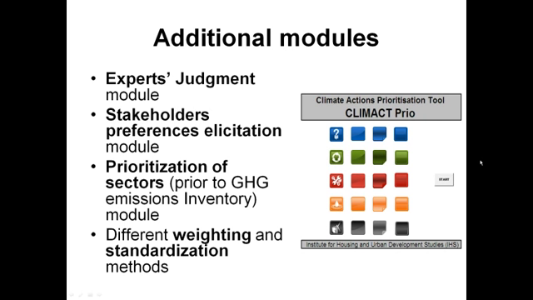Also, we could have a prioritization of sectors. So apart from the emissions profile, we could have another module looking at which sectors are the most important for the local community, the city, and so on. And we could also integrate different weighting methods, some simpler, some more complicated, and additional standardization methods. Furthermore,